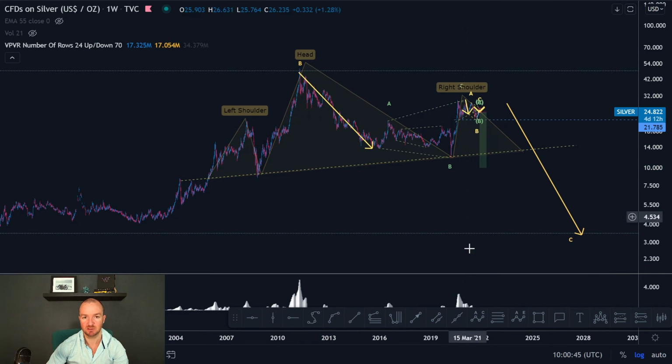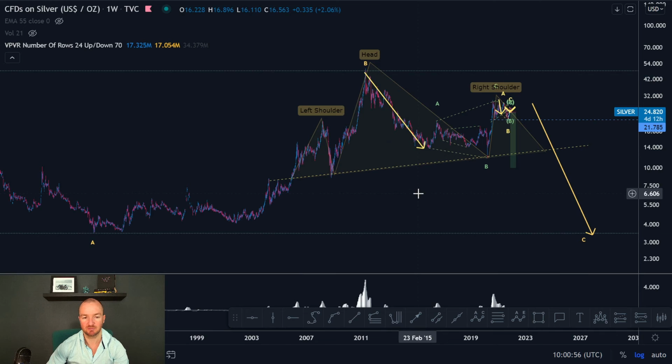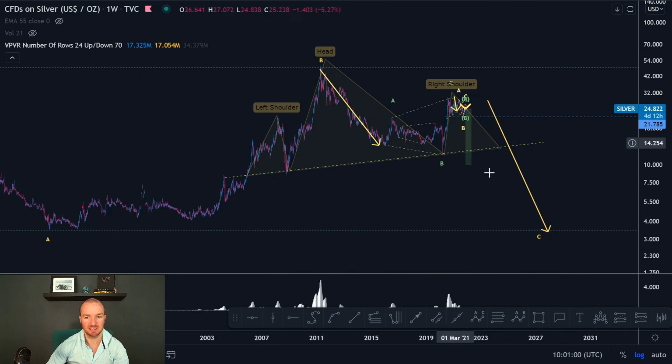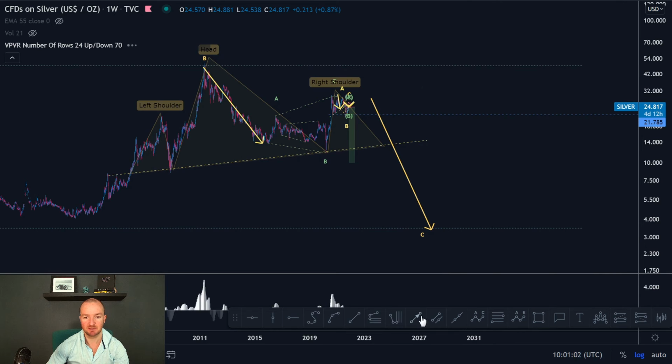And as we said, our full target to the downside, quite similar to what we're seeing in the head, would see a target of around about $4 to $3.50 on silver,